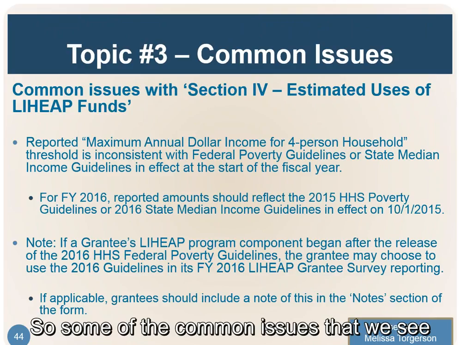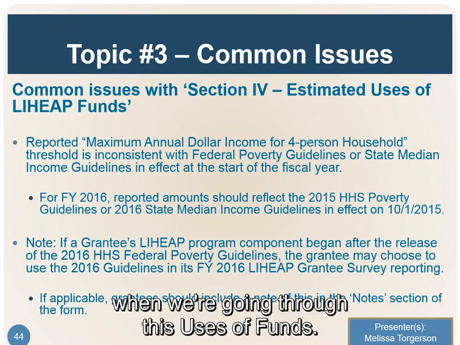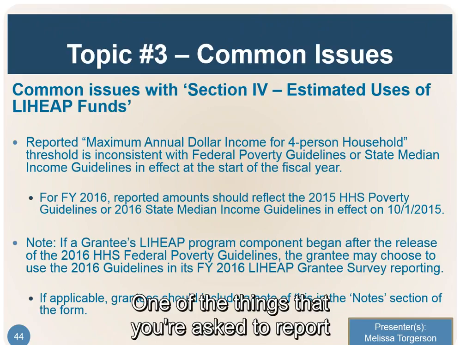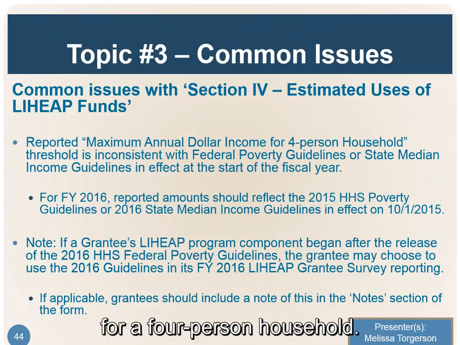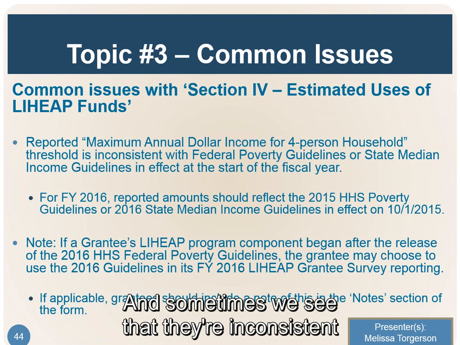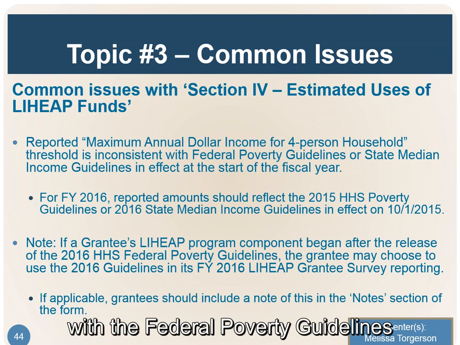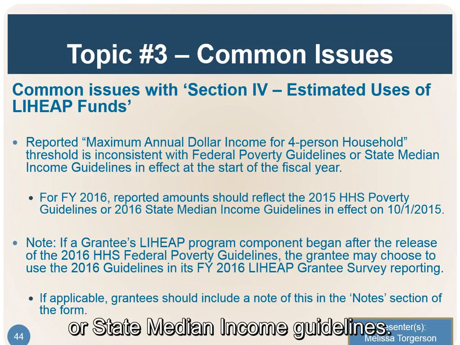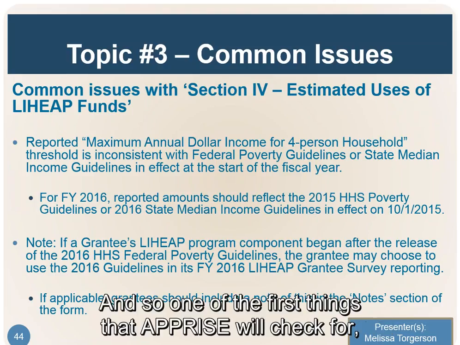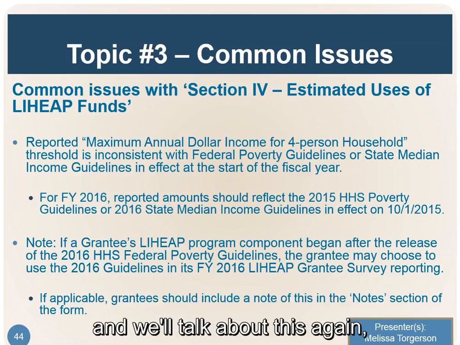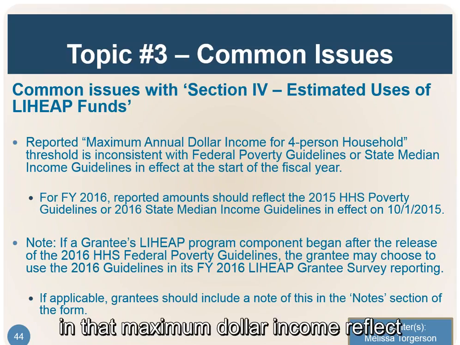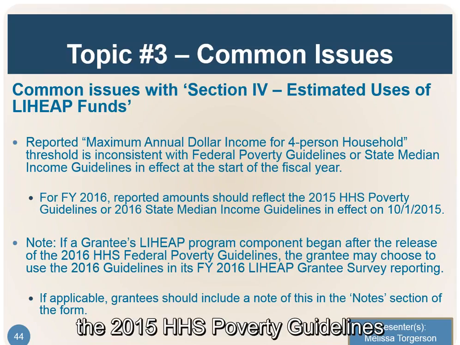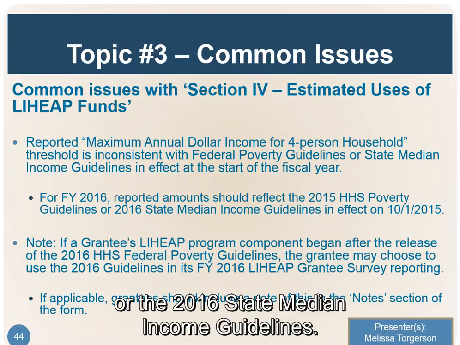So some of the common issues that we see when we're going through the uses of funds: one of the things that you're asked to report is the maximum annual dollar income for a 4-person household. So this is your income eligibility threshold. And sometimes we see that they're inconsistent with the federal poverty guidelines or state median income guidelines. And so one of the first things that APPRISE will check for, and we'll talk about this again, is that we want to see the amounts and that maximum dollar income reflect the 2015 HHS poverty guidelines or the 2016